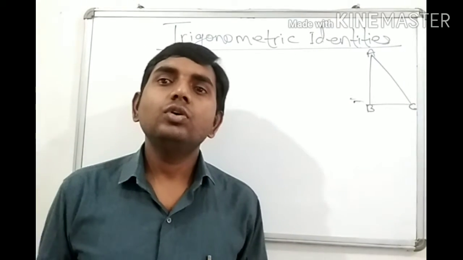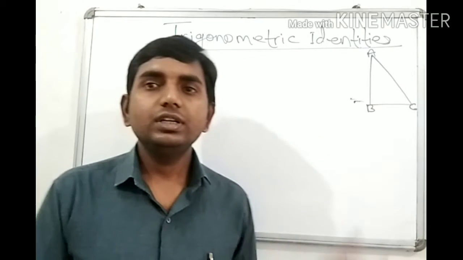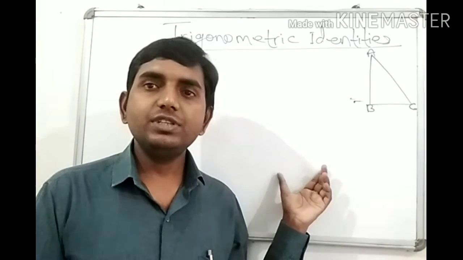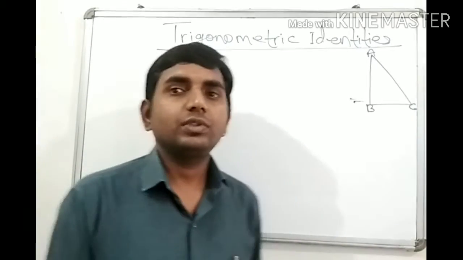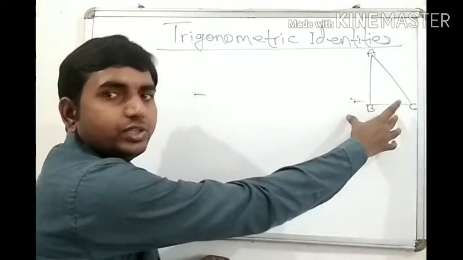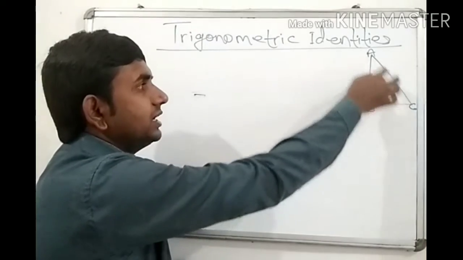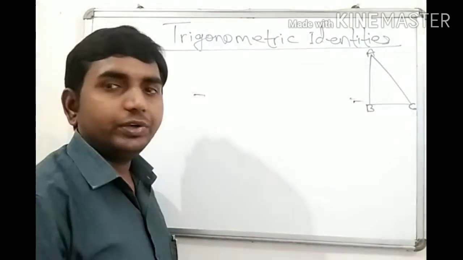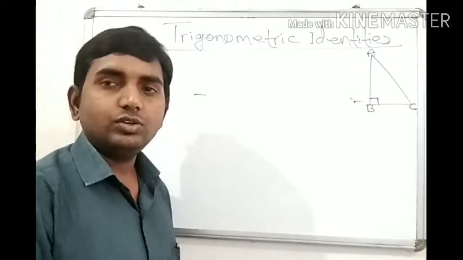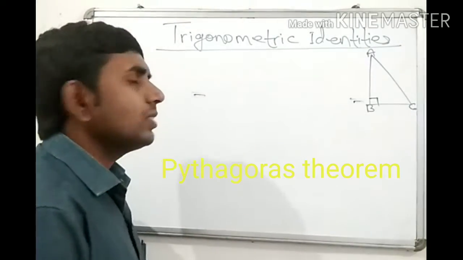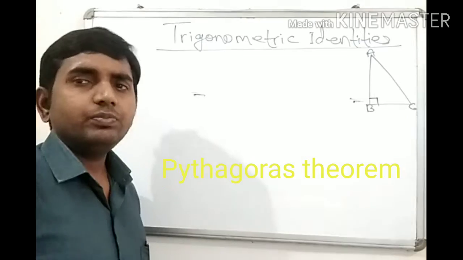In this video, we are going to find these identities. It means equations in trigonometry. Here, in this figure, a triangle ABC is given. Here, angle B is 90 degrees. So by Pythagoras theorem we know that